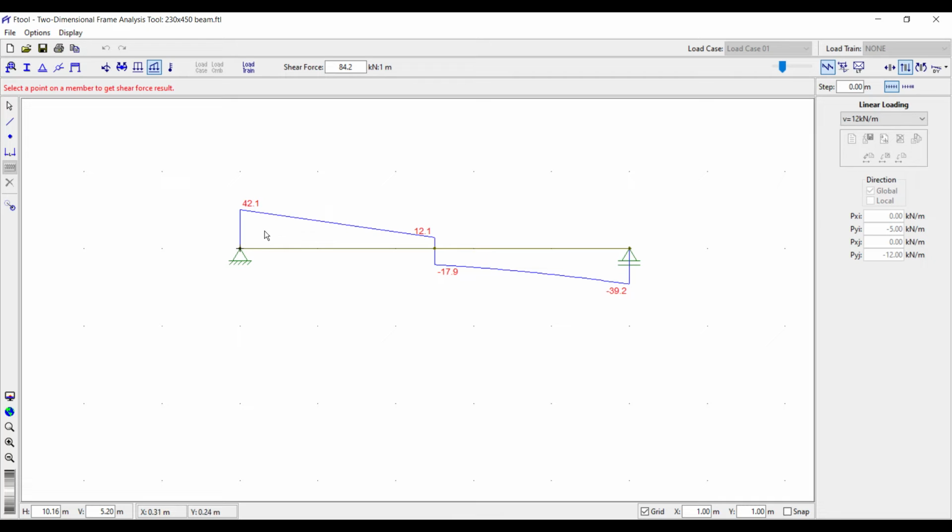All you just have to do is click on that point, and then the value will come up just like this. You can see the value of the shear force, and the same thing applies even if you are dealing with the bending moment. You can click at any point on the beam and you get the value of the